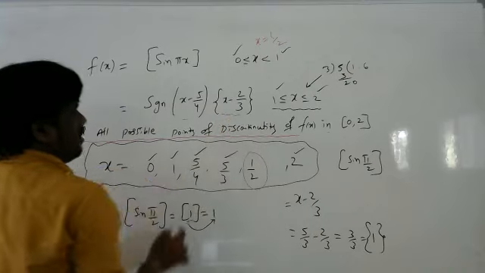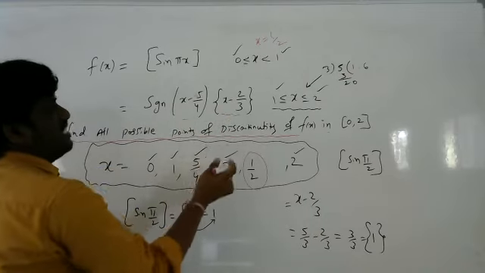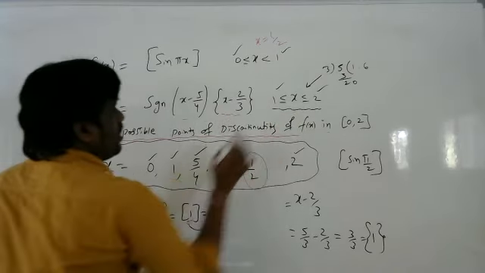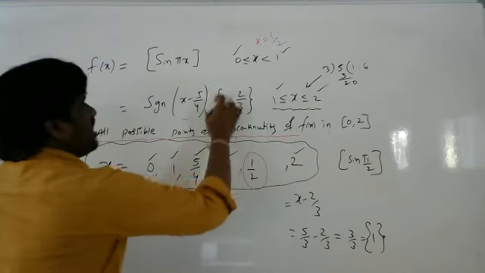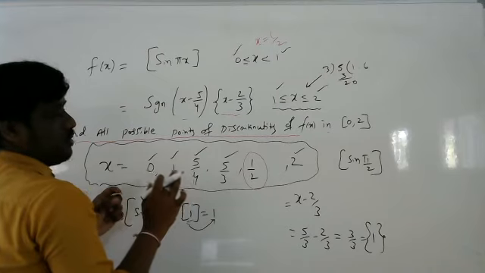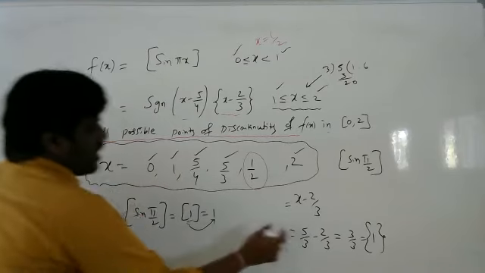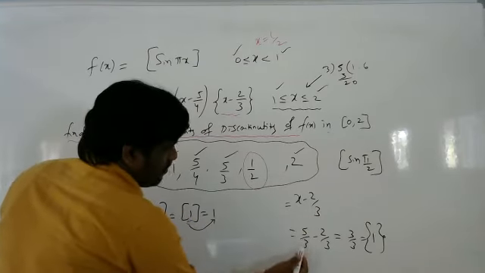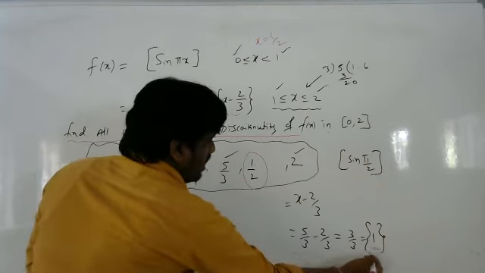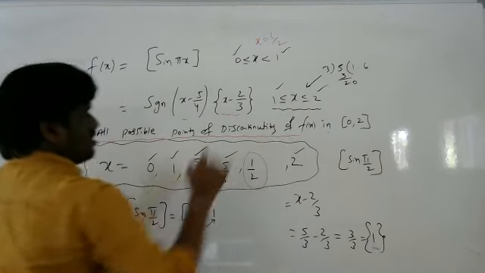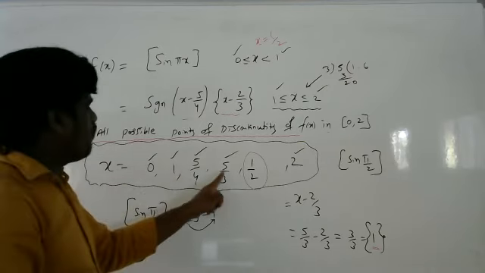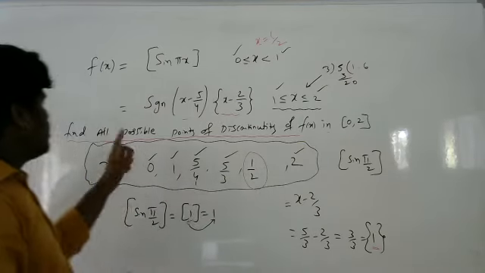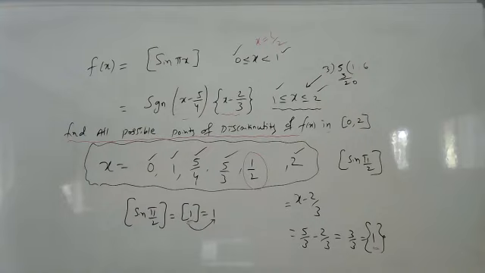Now fractional part. Fractional part should become integer. In this 1 to 2, any number you keep in between 1 to 2, this should get fractional, like it should be getting an integer number. So I check, if I keep 5 by 3, I am going to get integer. That is contained in this. So how many total possibilities here? 1, 2, 3, 4, 5, 6. 6 possibilities are there. So the number of possible discontinuities are 6.